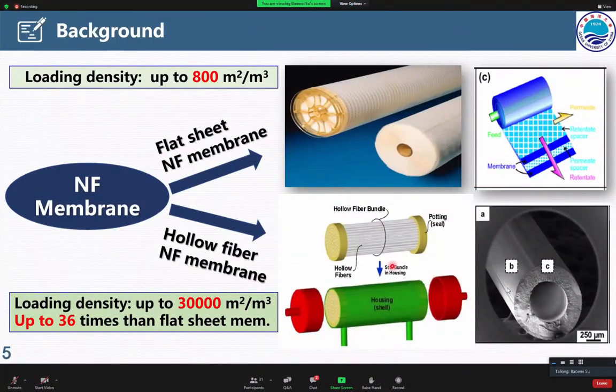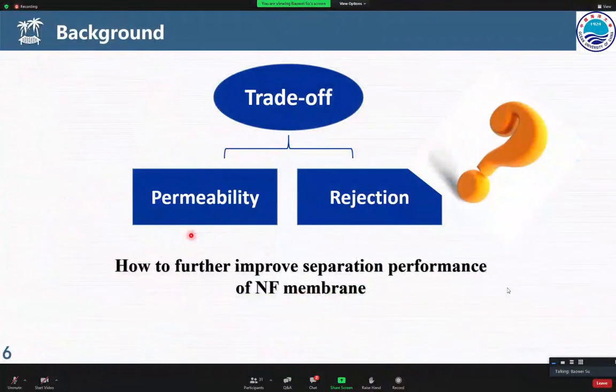And now both IF membrane and flat sheet membrane have a loading density of up to 800 square meters per cubic meter. But for hollow fiber membrane, we know that the loading density is much higher. It can be as high as 30,000 square meters per cubic meter. So if we can investigate hollow fiber membrane, it must have very good potential